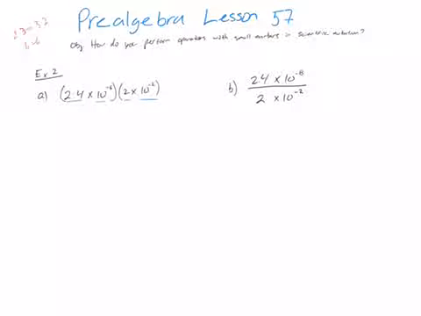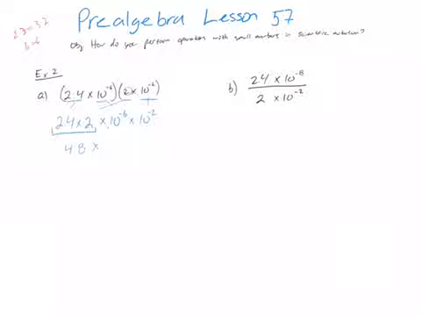So I'm just going to change the order of all of these. I'm going to write this 2.4 times this 2 times 10 to the negative 6 times 10 to the negative 2. Notice they're all here. That one's there, that one's there, that one's there, that one's there. Now multiply those two together, because I can do that. What's 2.4 times 2? This is going to be 4.8